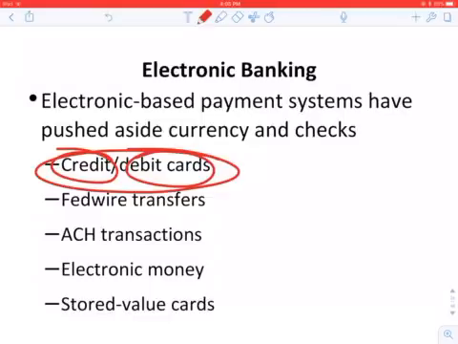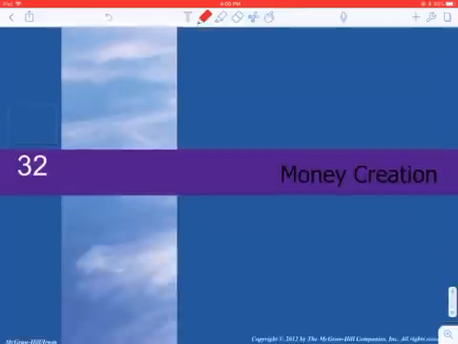So debit cards are essentially checks. They're just convenient checks. Okay, so think of that as a check. A credit card, though, is not. A credit card, it's not money. What it is, is a really convenient way to take out a short-term loan. Okay, so when you buy something with a credit card, the credit card company fronts some money to the place that you're purchasing from, and then it gives you a short-term loan, right? So then you pay it off at the end of the month. And they get a transaction fee for doing that, and then potentially they get interest from you if you don't pay it all off on time. And that's going to be where